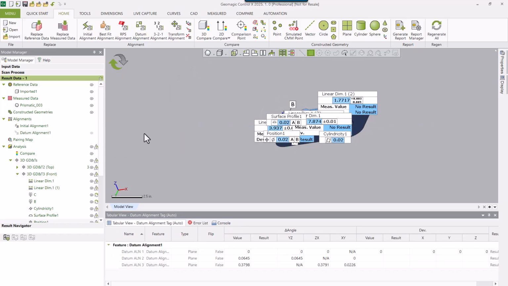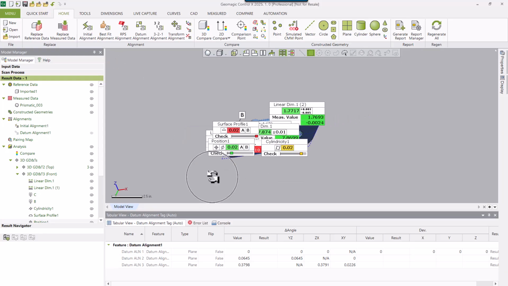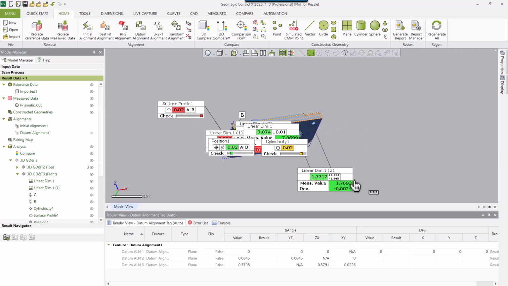And next you can see here we're going to basically refresh this. So this is going to actually do the calculations. Right now it says no result. So after we run that, we can see here all the dimensions and GD&T have been solved, and we get